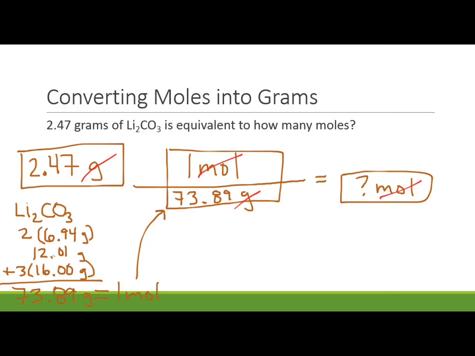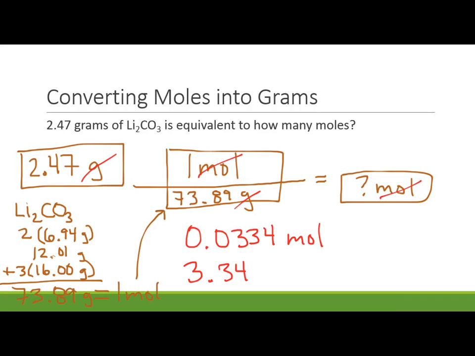And now it's 2.47 times 1 divided by 73.89. So 2.47 divided by 73.89 comes out to be 0.00334. My units are moles. If on an exam all the answers were in scientific notation, I'd simply write this as